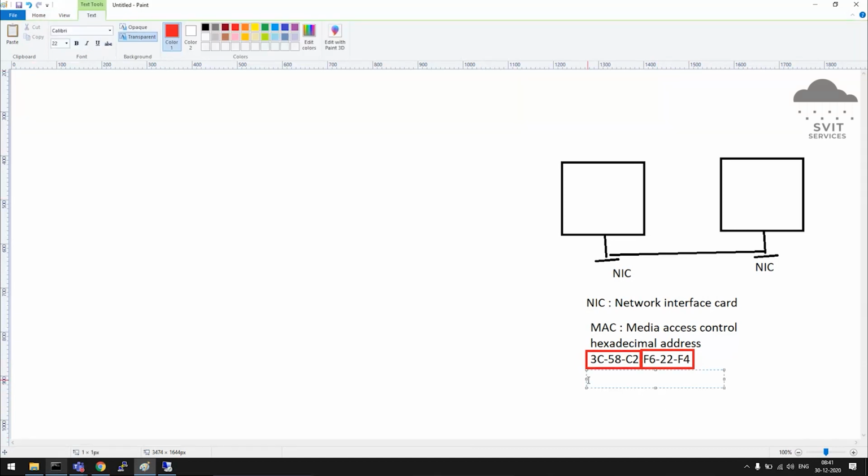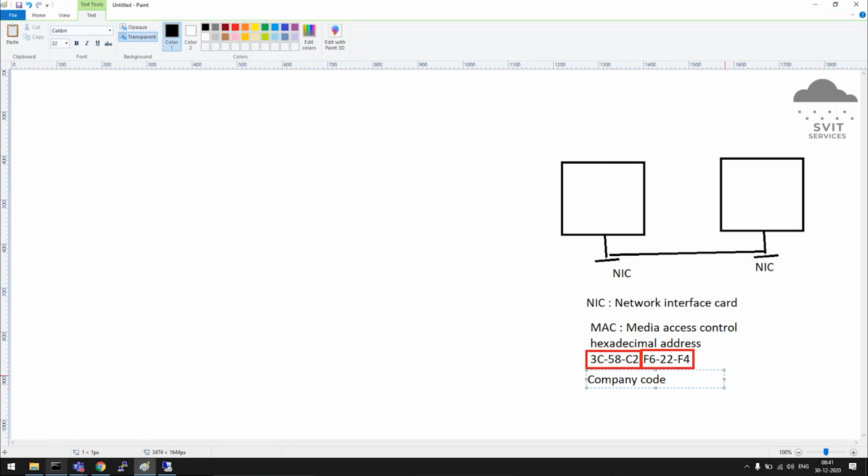The first part of the address is the company code, which is assigned by IEEE to the organization who is manufacturing this adapter. The company manufacturing the NIC cards should be approved by the IEEE. Once they get IEEE approval, they will get this code. First half of the code is the company code.